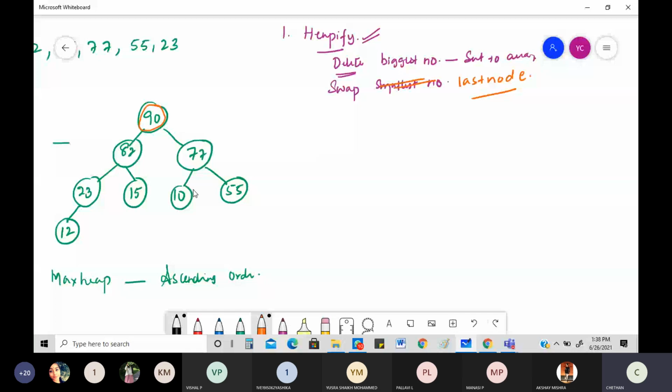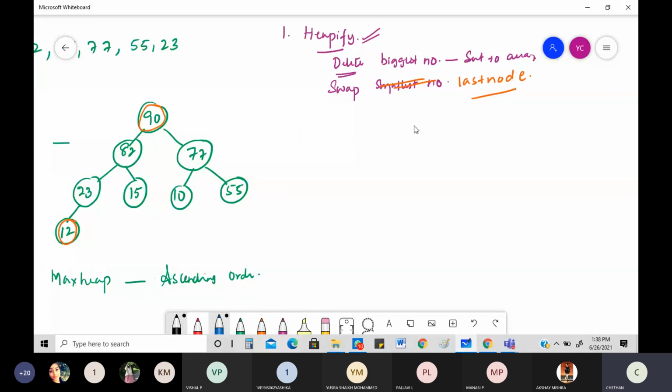So what is the last node? The last node is basically this one. This is the last node, right? See, after this you come and write here. Obviously this is the last node. So let me do that. If I'm doing that, what is going to happen? First thing, please understand this one. This is very important.